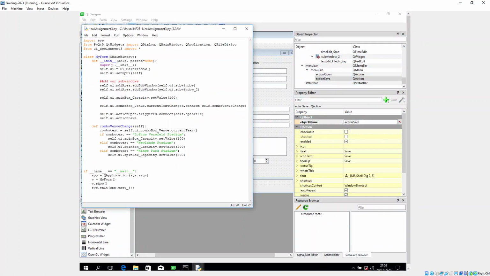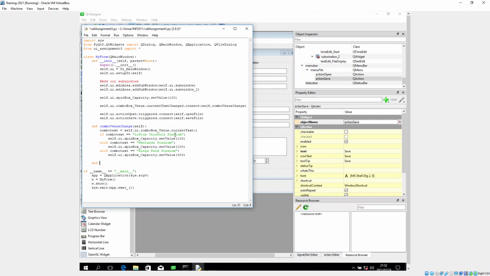Action save. We also use triggered. So I'd actually just copy this end piece here. Go here, and then instead of open file, we click on save file. Okay, so that will be the two. And so what I'm going to do is just show you how I've designed the open file and the save file